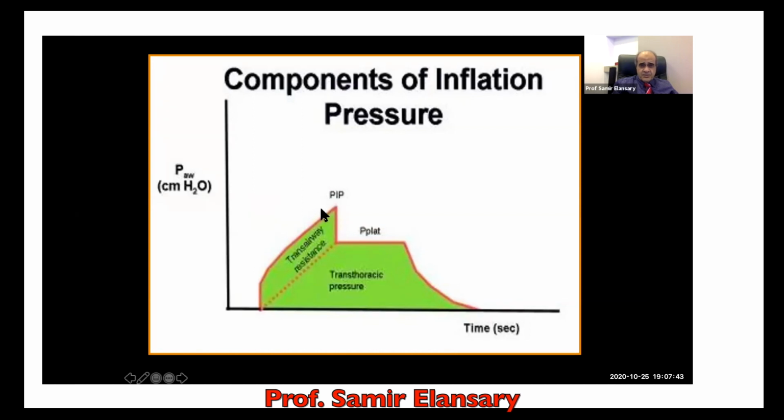Of course, it is very important. Peak inspiratory pressure is a dynamic one which reflects the trans-airway resistance, even resistance in the tube or in the circuit or secretions, the kinking of the tube, and right bronchus. Of course, this value will be increased. On the other hand, the plateau pressure reflects the transthoracic pressure or the compliance of the lung and chest wall. And the difference between the peak inspiratory pressure and plateau pressure reflects the airway resistance through the airway passage and through the